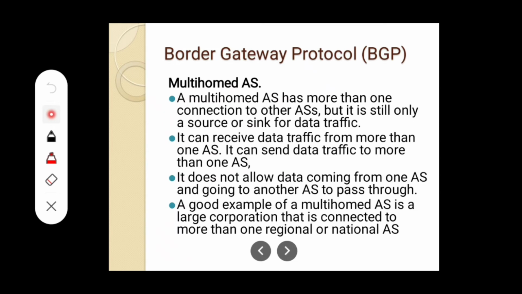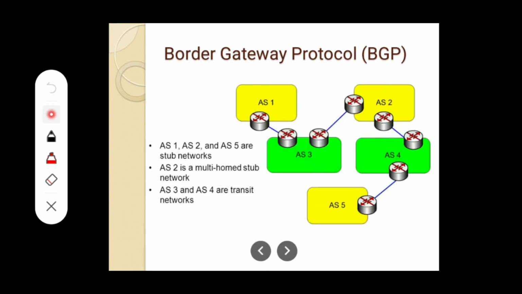It is still only a source or a sink for data traffic. The traffic can be generated from that autonomous system and also can be terminated at that autonomous system. It cannot pass the traffic through that autonomous system. It can receive data traffic from more than one autonomous system. It can send data traffic to more than one autonomous system. Okay, it can receive data traffic from